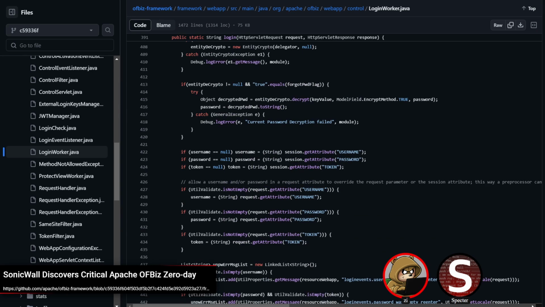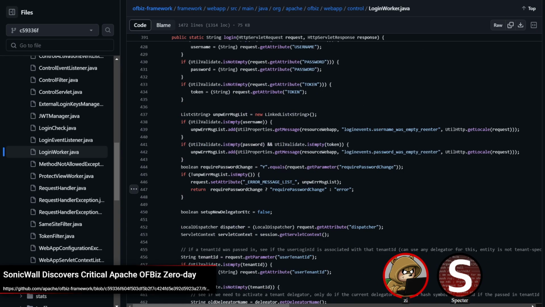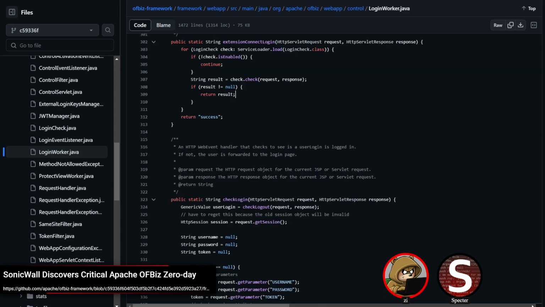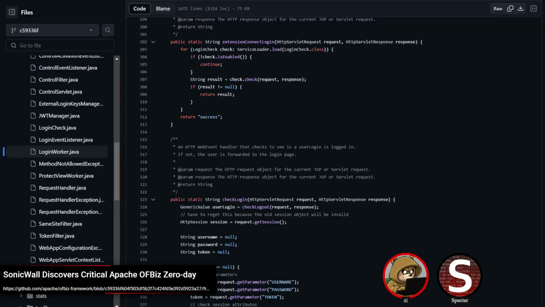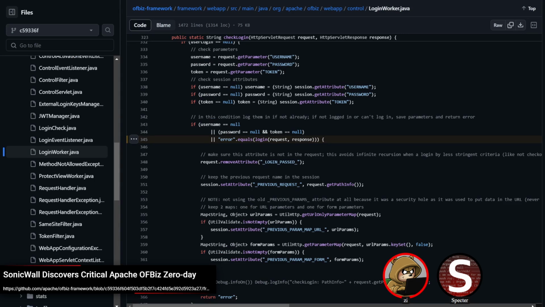Ultimately, the return value is usually going to be an error string. It's literally going to be the string error if there was an error. And so what you see a lot of code doing, such as checkLogin, is, if there was an issue during the login process, it checks whether the string error is equal to whatever login gives you back.